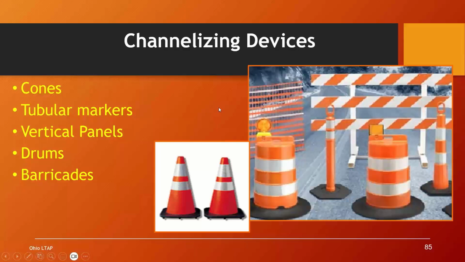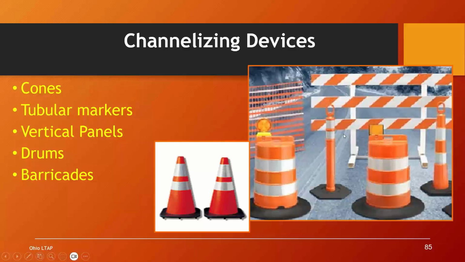So let's take a look at some pictures of other types of channelizing devices. We see several different types of channelizing devices here in these pictures. We have our cones, we have tubular markers, vertical panels, drums, and the drum is what most people call the orange barrels, but those are the drums. And then we have barricades. So we can see some drums and the type 3 barricade in the picture on the right, and different types of these